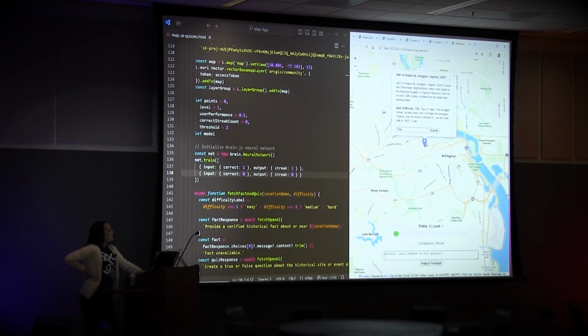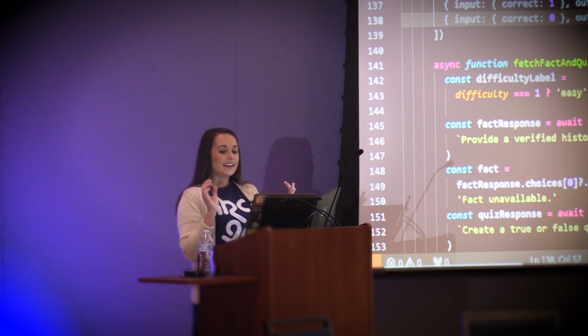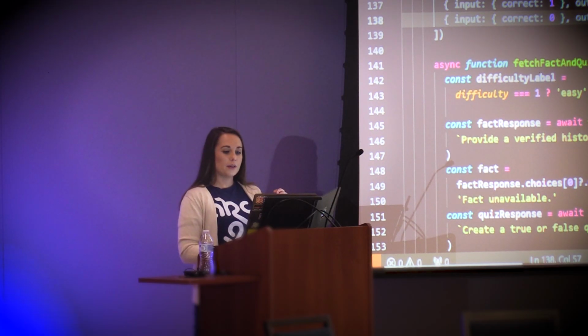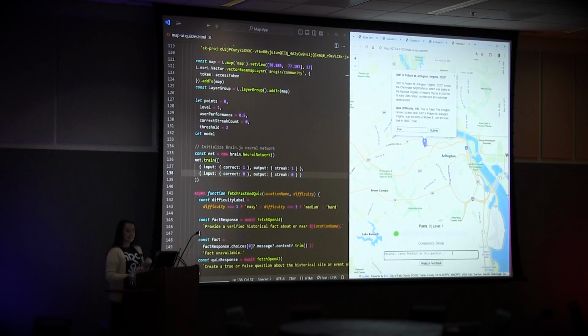But essentially, what I did down here to create the consistency streak is after you answer about 2 to 3 questions correctly, it's going to actually fill that in and give you that consistency streak badge. After you answer so many questions correct, you're going to get points, level up. So that is how I used the Brain.js there. And again, OpenAI was for this pop-up, and the difficulty was TensorFlow. And then finally, the last thing, that sentiment that I used, the Azure API that I used, is down here.